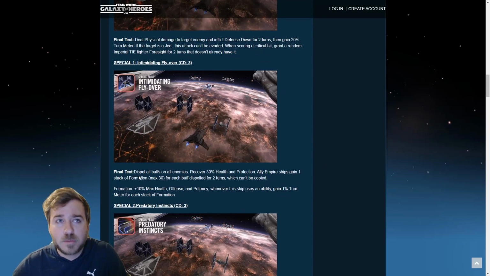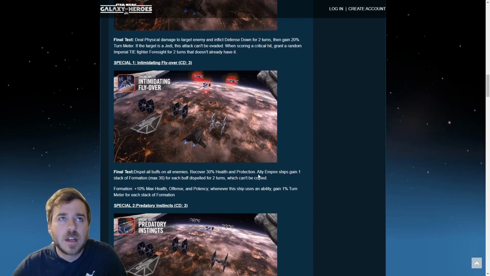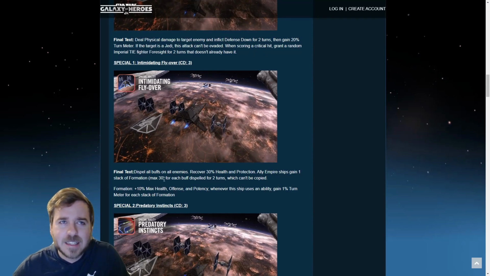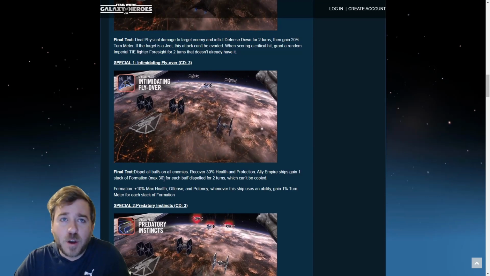You got this one, which is pretty good, dispelling all buffs on all enemies, and then recovering health and protection. That's just for the Scythe itself, though. Ally Empire ships are going to gain a stack of formation, and this maxes out at 30, which is crazy. If you had 30 stacks of this, that'd be plus 300% offense. I don't know how you'd